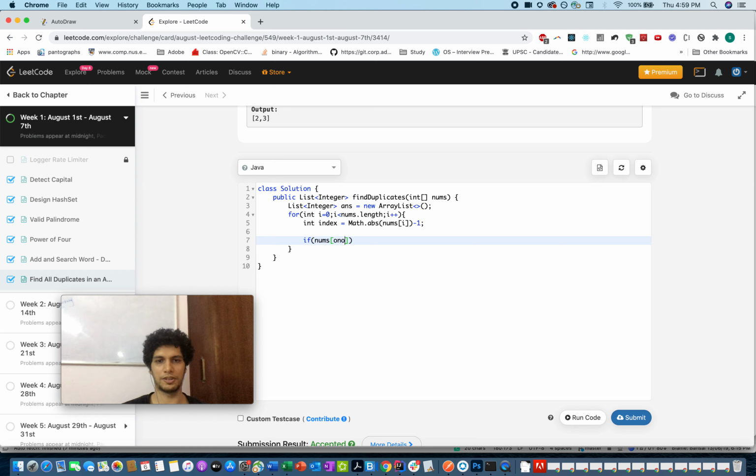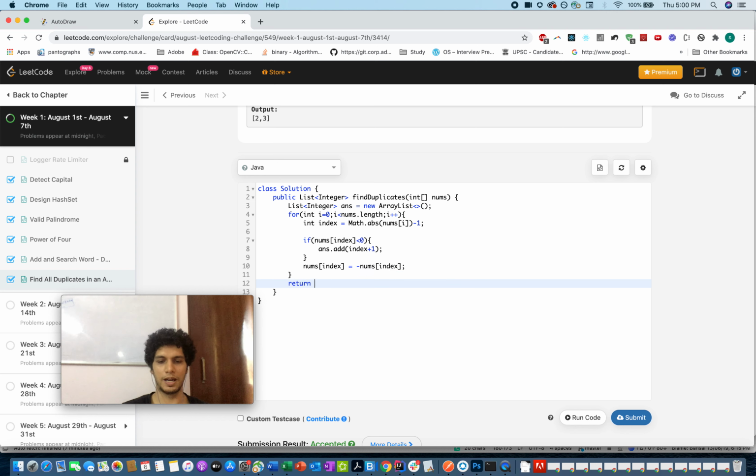If nums of index is less than 0, ans.add index plus 1, because you subtracted 1 from here, you need to balance it up. And you simply negate nums of index, nums of index equals minus nums of index. Since there are only a maximum of two occurrences, this will always work. Had it been the case where there are multiple instances of the same element, it would have failed.